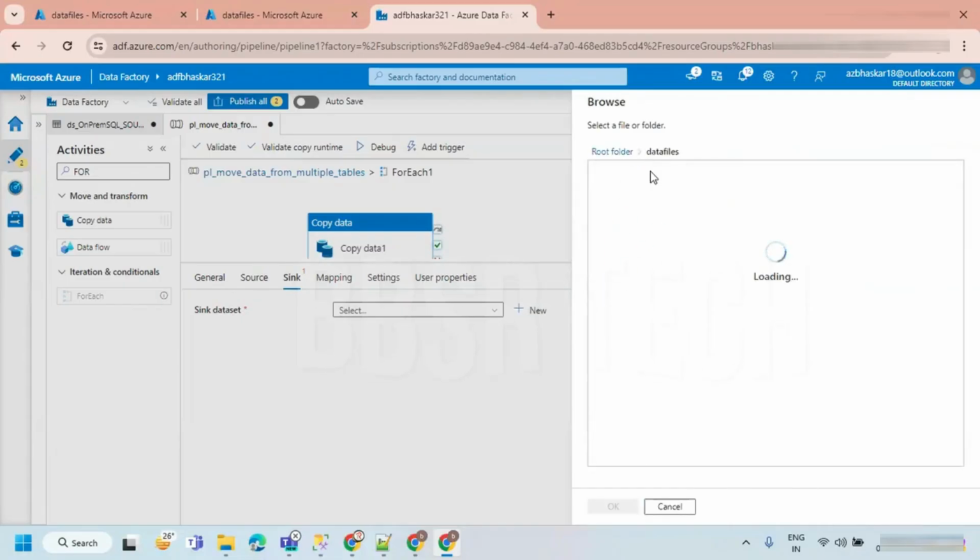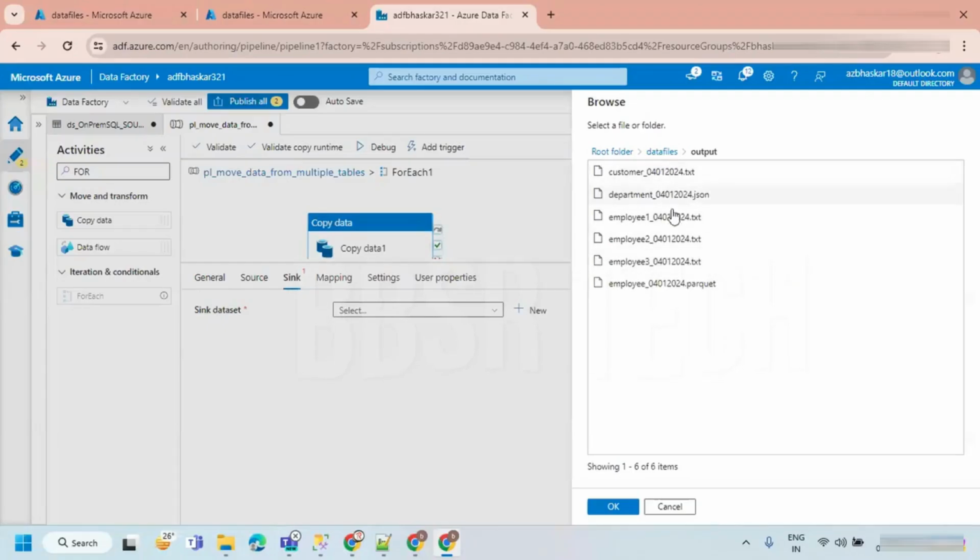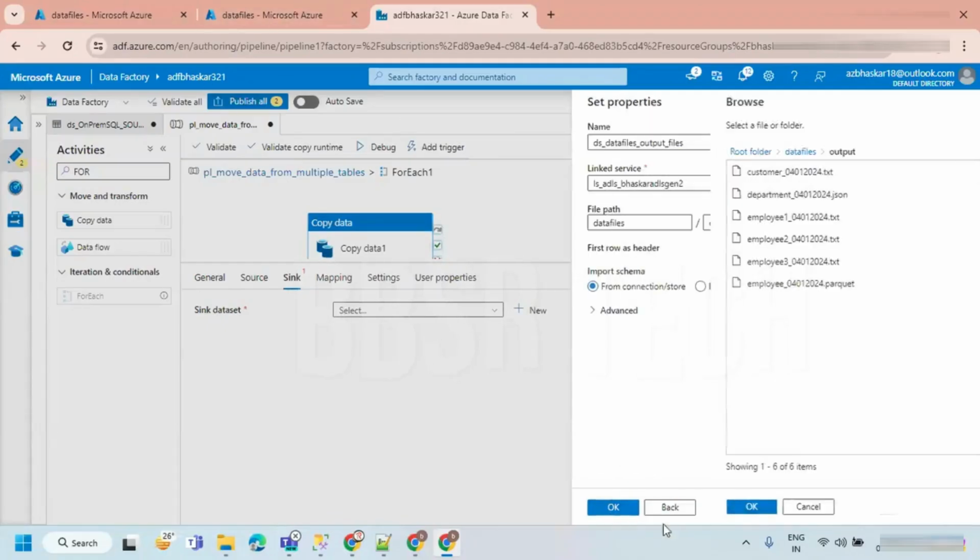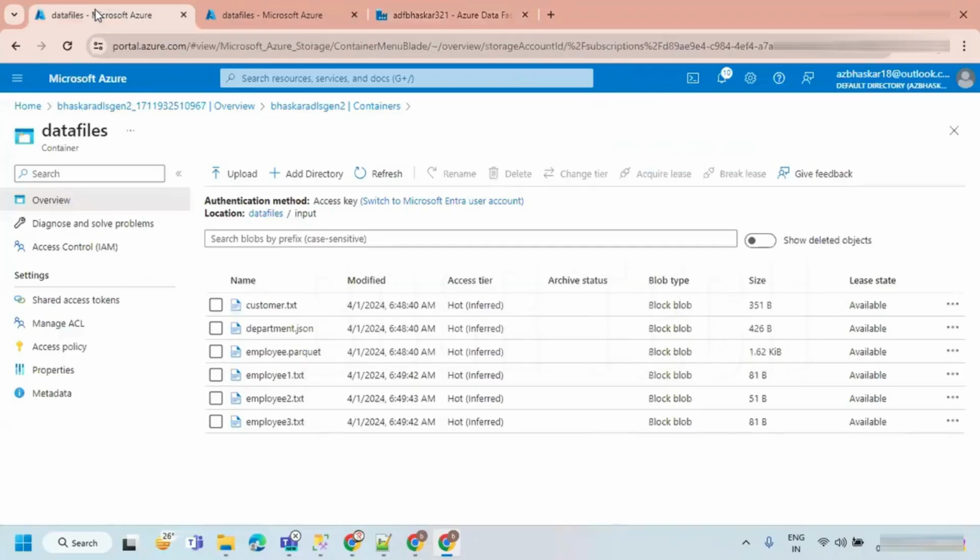Let's go to the files, data files. Inside the data files, I wanted to take the output folder. There are files there, I'll take them out.